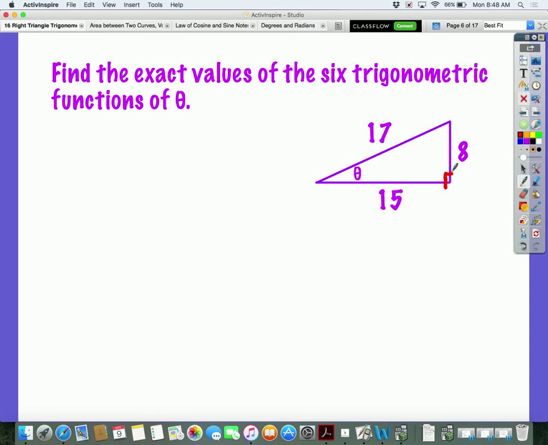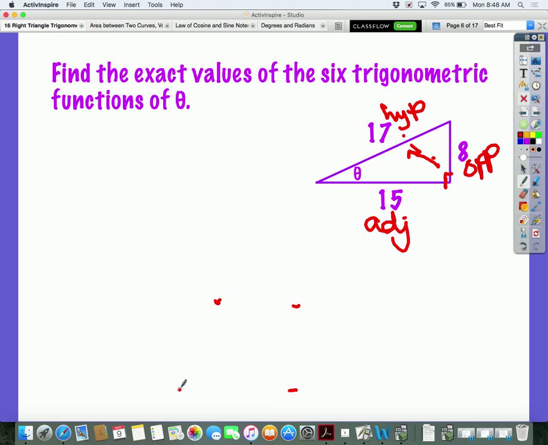Very good. The hypotenuse is the one opposite of the right angle, so 17 is my hypotenuse. The hypotenuse is always across from your 90-degree angle. What about 8? What is 8? Opposite. It is the opposite. Remember, to be the adjacent side, it has to be right next to the angle. And that's why, what is the adjacent? The 15. So now that you have all your sides labeled, it's going to be pretty easy to do